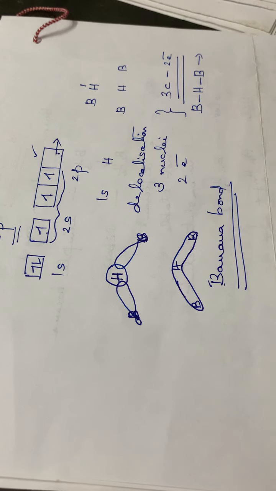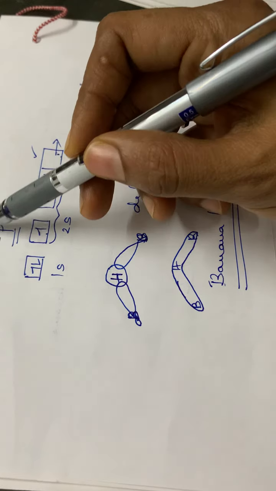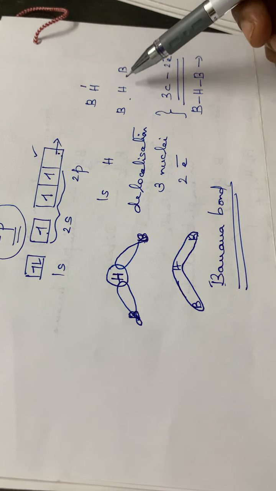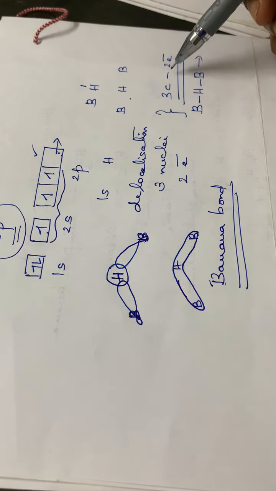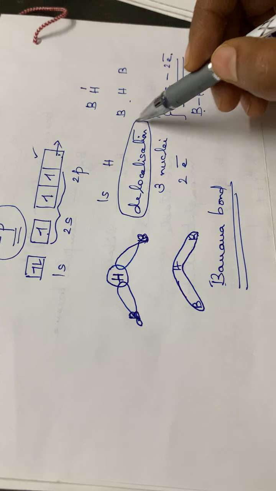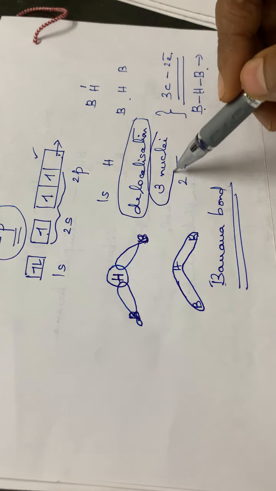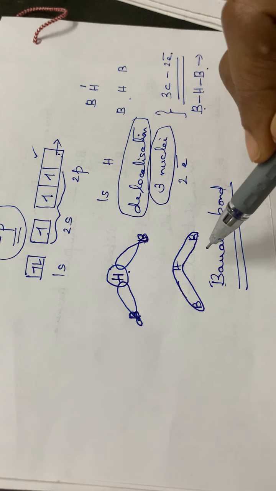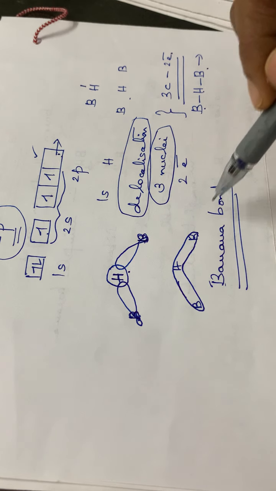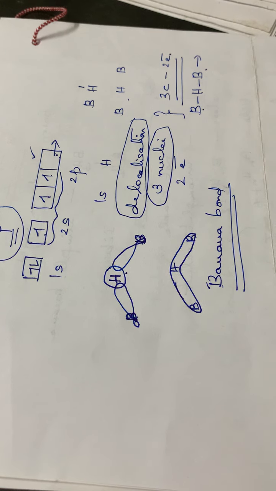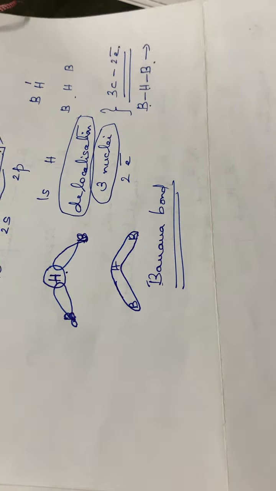You have to study this structure. The boron atom has sp3 hybridization, and the sp3 hybrid orbitals of the boron will be overlapping with the 1s orbital of the hydrogen, so that a 3 center 2 electron bond is formed. As a result, a BHB bond is formed. A delocalization of the electrons takes place here, and the electrons are shared between the 3 nuclei, that is 2 boron atoms and 1 hydrogen atom, and 2 electrons are shared between them, and hence it has the shape of a banana, and it is called a 3 center 2 electron bond. It is very important. You have to study the structure of diborane.